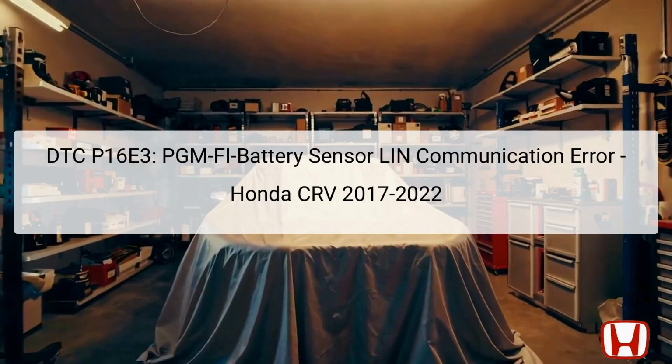The DTC, or Diagnostic Trouble Code P16E3, indicates a communication error with the battery sensor LIN, Local Interconnect Network, on the Honda CRV models from 2017 to 2022. This error points to issues within the powertrain control module, PCM, or problems in the wiring and connectors that lead to the battery sensor. The PGM-FI, which stands for the Programmed Fuel Injection System, uses the battery sensor to monitor